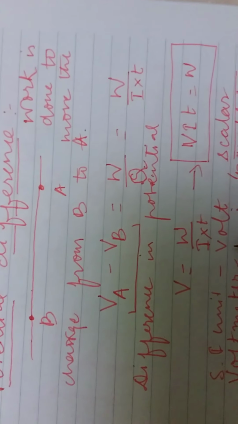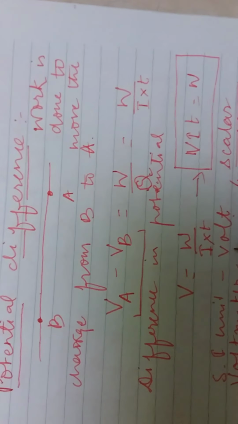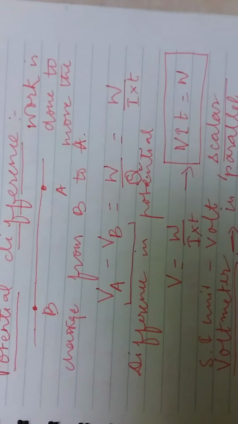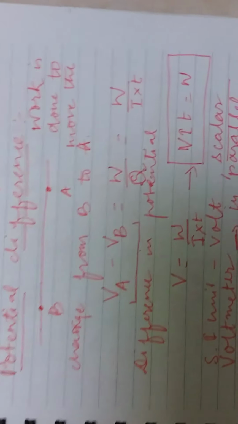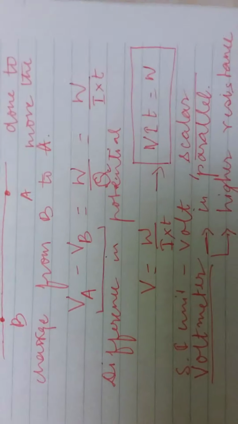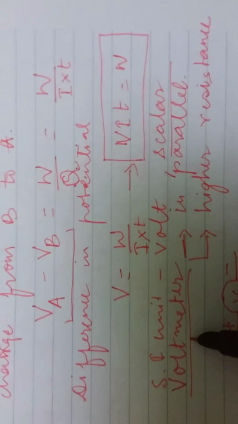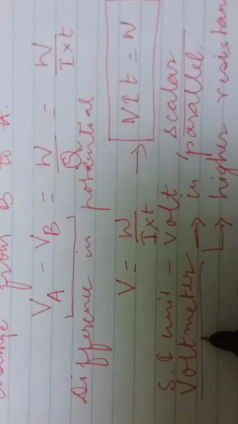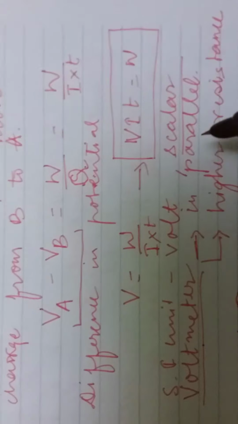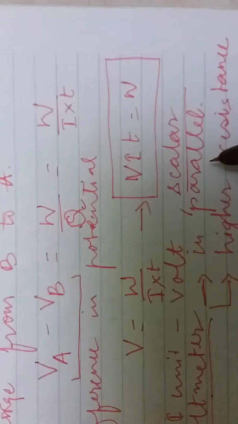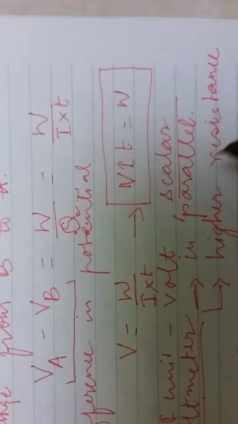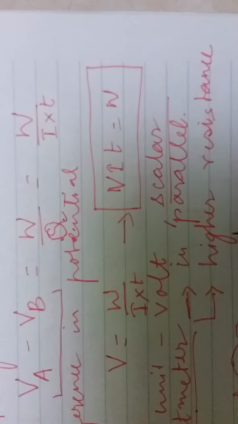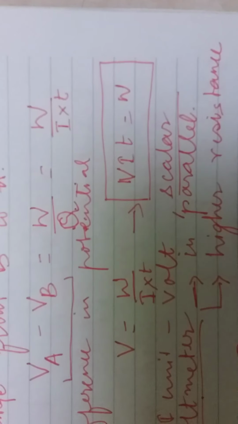Potential difference has the same SI unit, volt, and it's also a scalar quantity like the electric potential energy or electric potential, right? Now if current can be measured by ammeter, so the potential difference can be measured by another instrument called voltmeter. Now there you need to remember two things. That voltmeter needs to be arranged in parallel in the circuit. We'll be doing it later on, what is series and parallel arrangement. And second point, very important, it should have a higher resistance. That means it is a higher resistance electrical device.